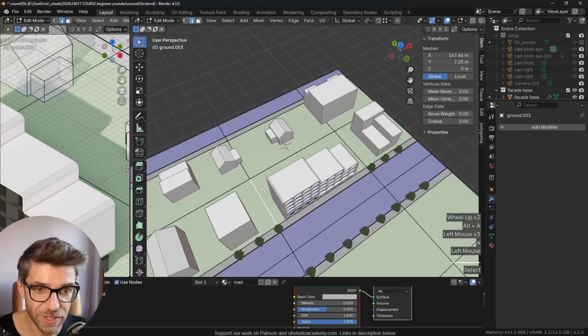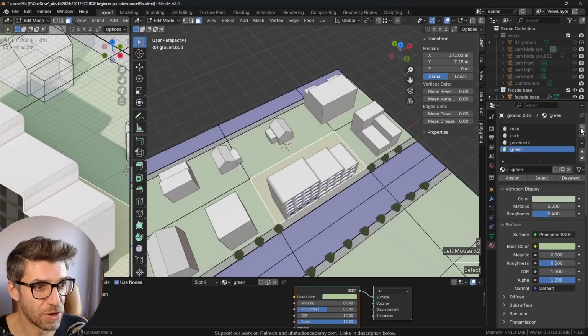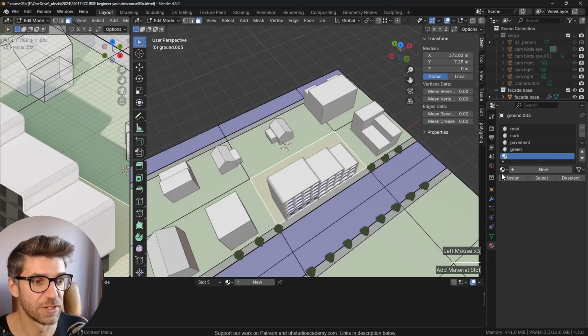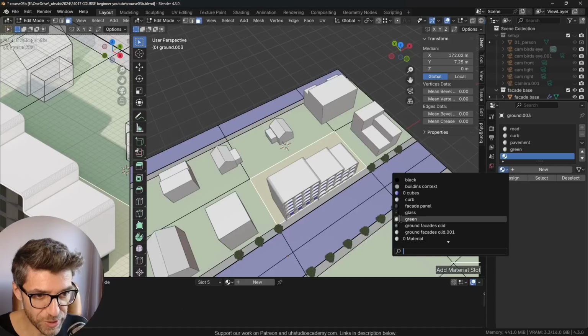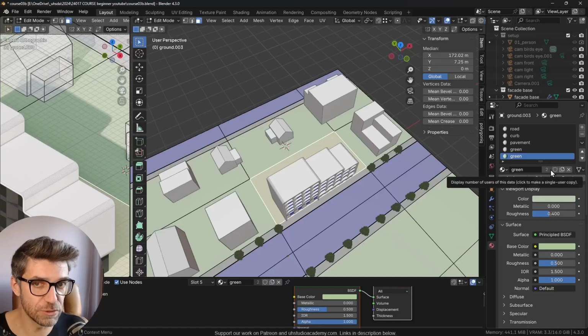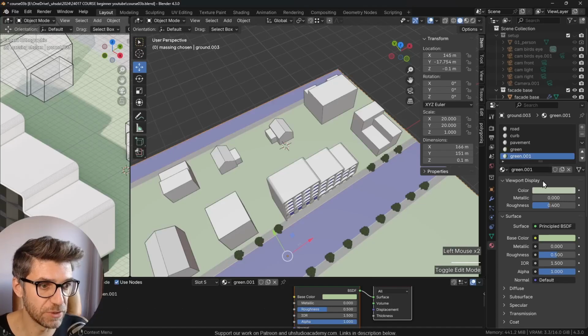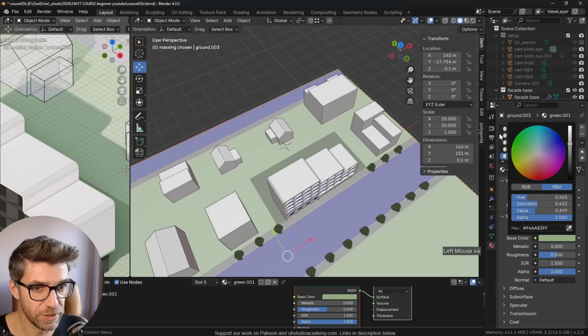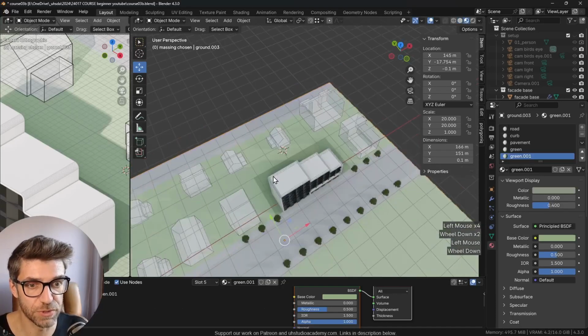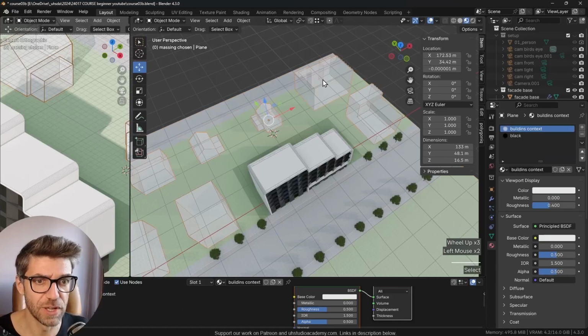And the plot, why am I doing this? So our plot can have a slightly different color. So I'm going to create a new slot. First off, I'm going to assign green as a starter, assign the material, and we need to duplicate this green, but we can only do that in object mode. So we need to go into object mode, and now we can see that we can do it. Green on one, and I'm just going to make this a little darker, and also here. So now if we go to material preview, we can tell that that's special in one way or another,